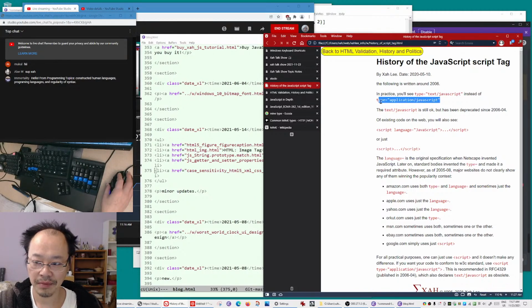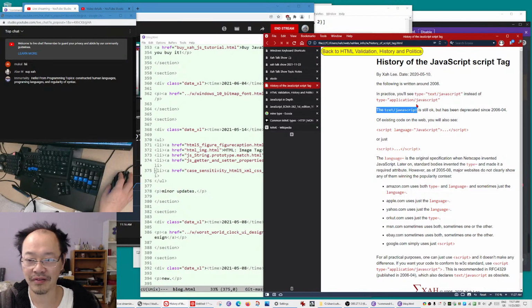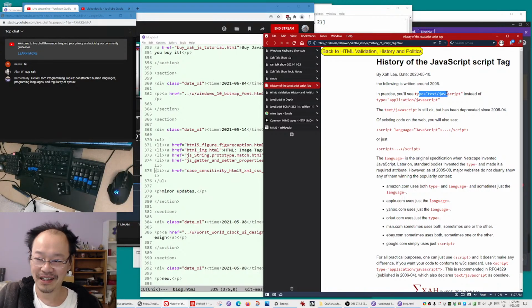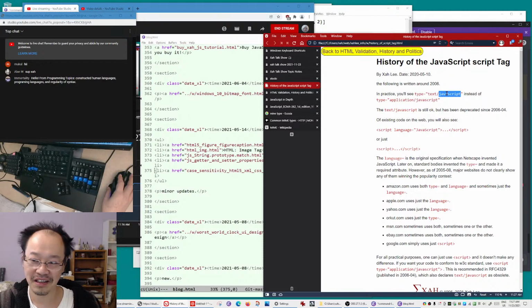So you have type equals something. Then a few years later, the standard organizations and all the elite hacker types tell us that it should be type equals text/JavaScript instead of application, because the thinking changed again. They think JavaScript is just a text file, so it should be text/JavaScript.